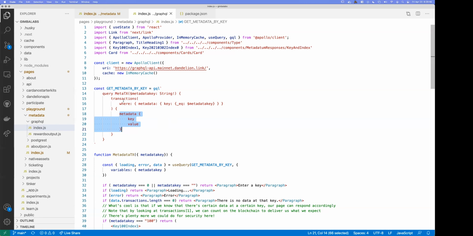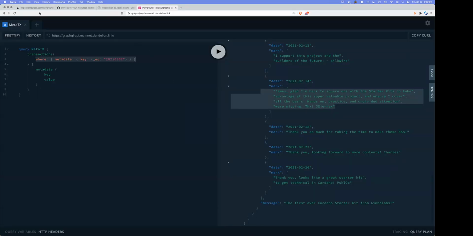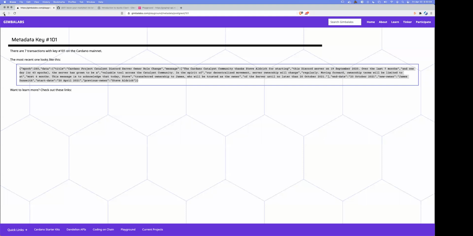But the critical thing to understand here is what GraphQL allows us to do is to only query the information we are asking for. Compare this. Okay, let's go back. This is the